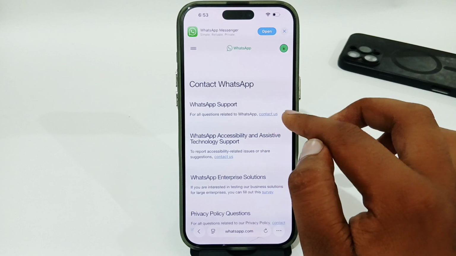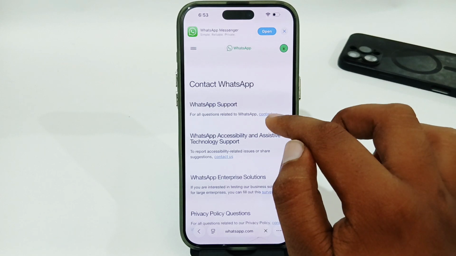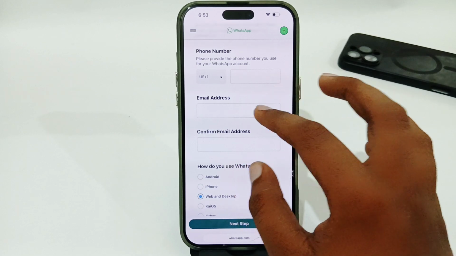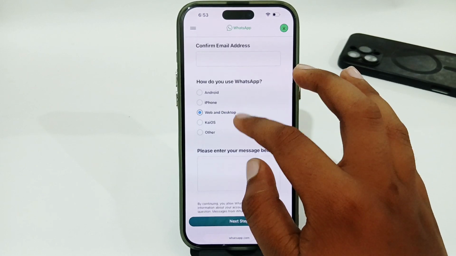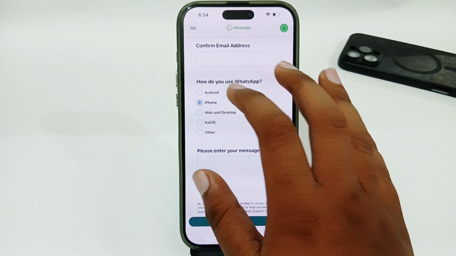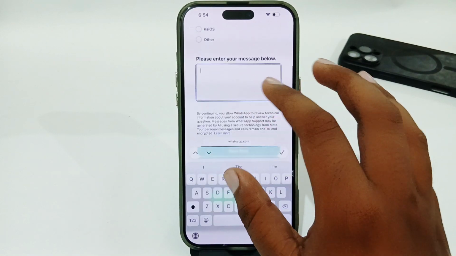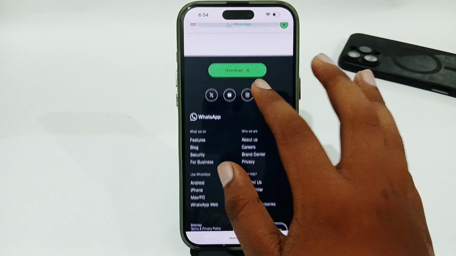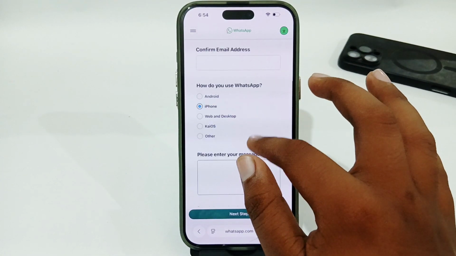Here you can easily select the option of contact us or view support options. Simply tap on this option, and here you just have to enter your phone number, then email address, and select on which device you are using WhatsApp. Once you have selected, you have to enter your message or describe your problem here. And once you have that, you just have to simply tap on this next step, and your message will be